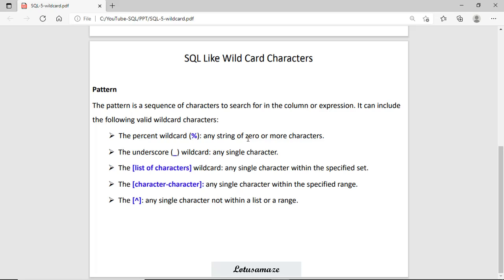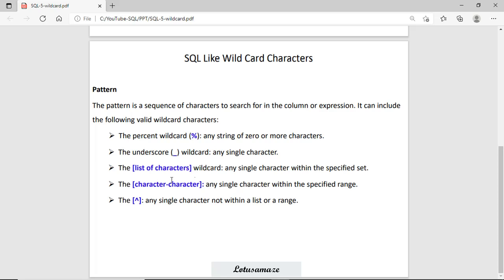The second one is the underscore. Underscore represents a single character. Third is a list of characters. If you define a list of characters, say A, B, C, D, it will match any character from that list: A or B or C or D.